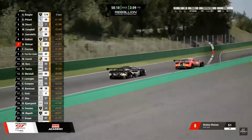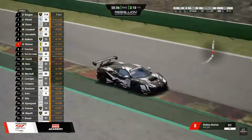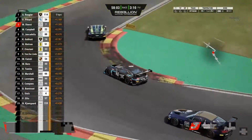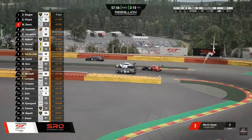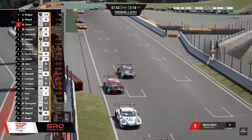I was mildly sure that Marvin Dienst behind me had wiped me out at Paul Ricard last time, so I was nervous of him being behind me. And yeah, he made a big lunge into the chicane, joined pretty unsafely, and luckily for me, didn't spin me round. I was able to use the runoff at the chicane to retain second place